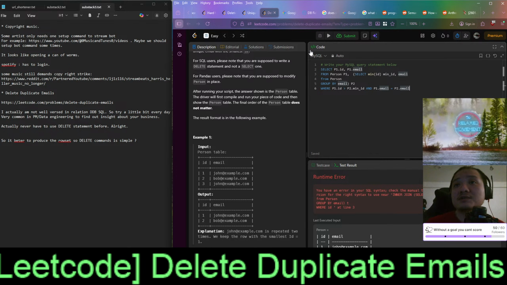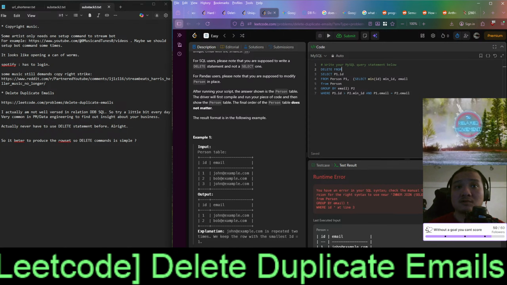So this will give us the ID to delete. So we just need to do delete from person where the ID is in this. I think that should do it.